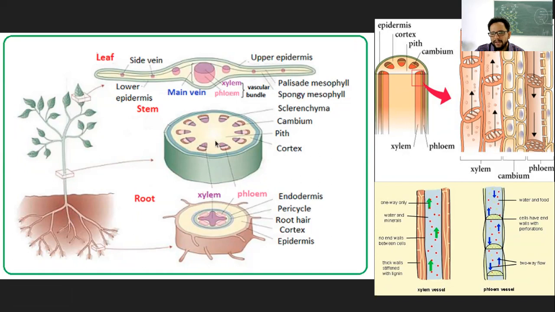So if you look at here, stem also has it. These individual oval structures, they are the xylem and phloem tissue. They are called vascular bundles. And even in the roots, if you see, there is xylem and phloem. So they are like these tube-like structures. You can see in the diagram and also what I had shown earlier. These tube-like structures are present from the root till the tip of the leaf.